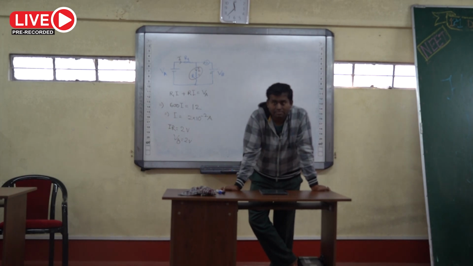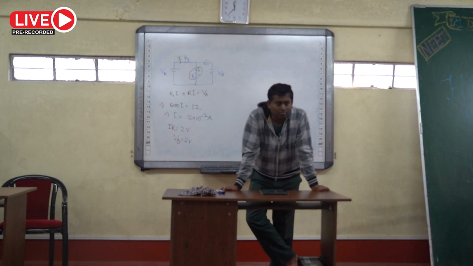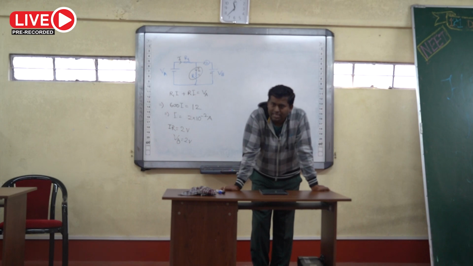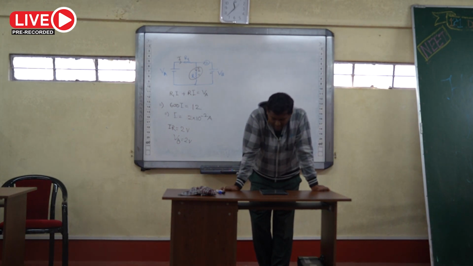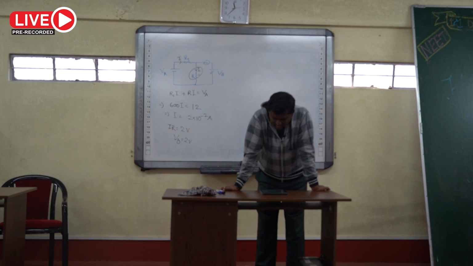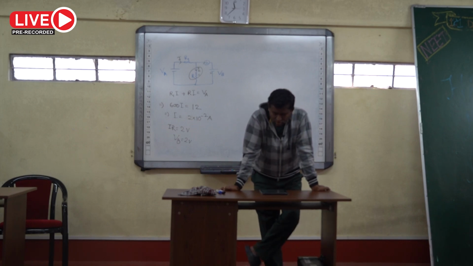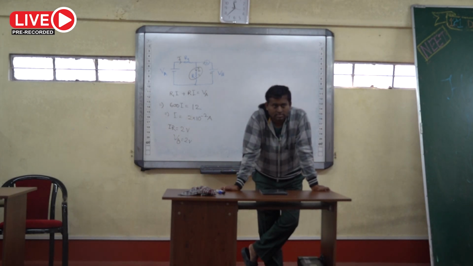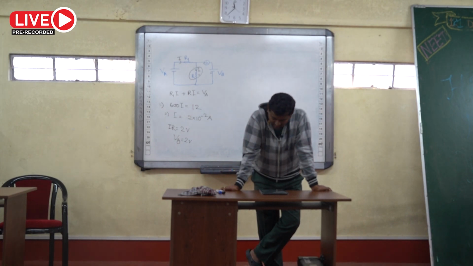Find the points A and B at which a current carrying conductor should be connected